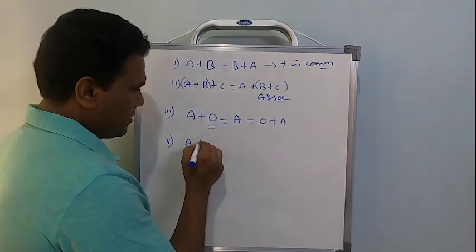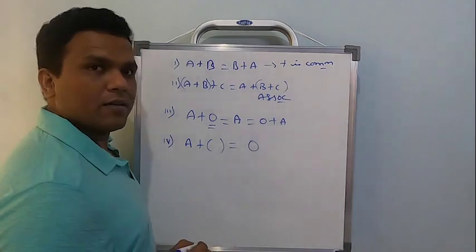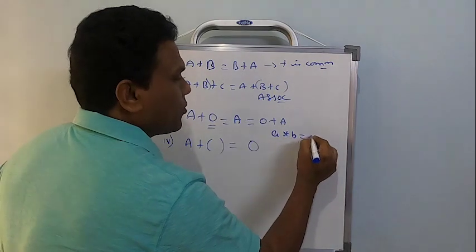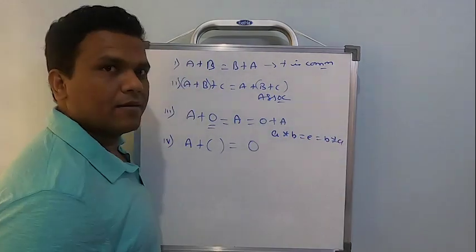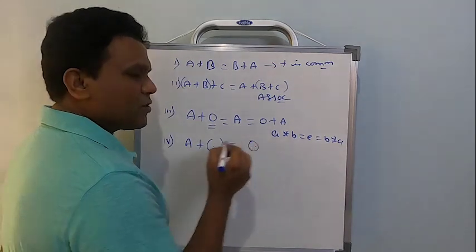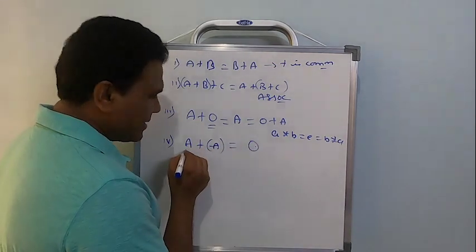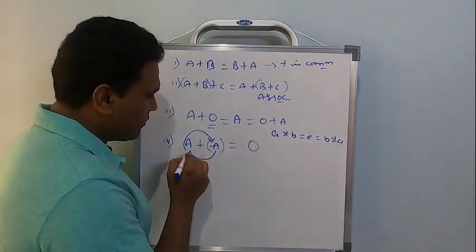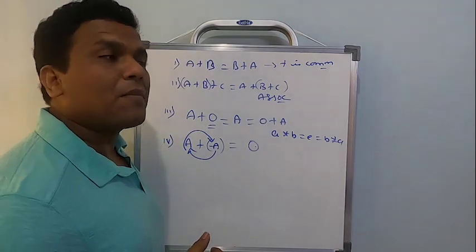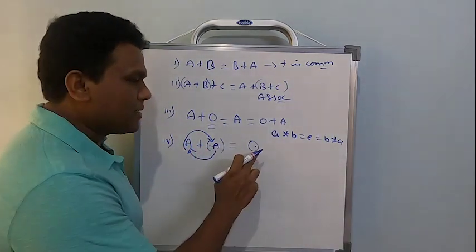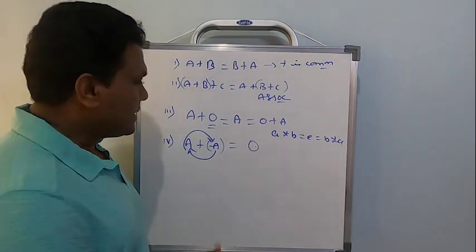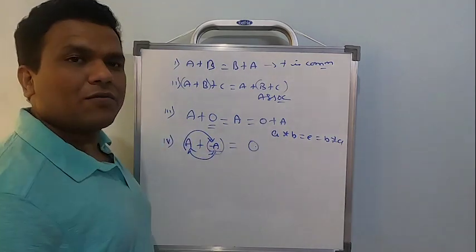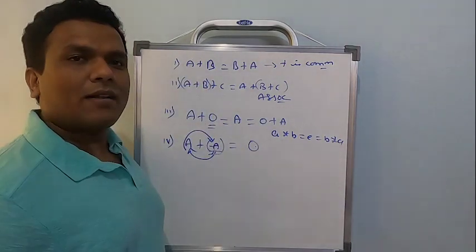That means A plus something should give me 0 matrix. What is the inverse property? A star B is equal to E is equal to B star A. Correct, right? Similar to that, A plus something should give me 0. This is possible if I add this with a negative of itself actually. So this is called as additive inverse of A. You have a matrix, multiply that matrix with a negative sign and add up both. The resultant is going to be a 0 matrix. Then the negative matrix what you added here will be called as inverse of the matrix A. So these are some properties based on matrix addition.